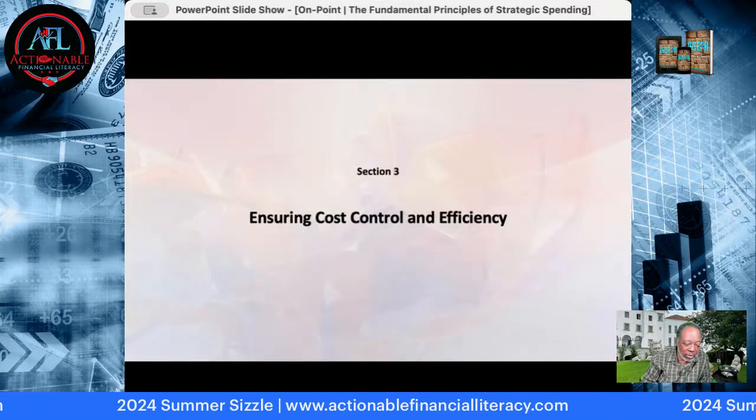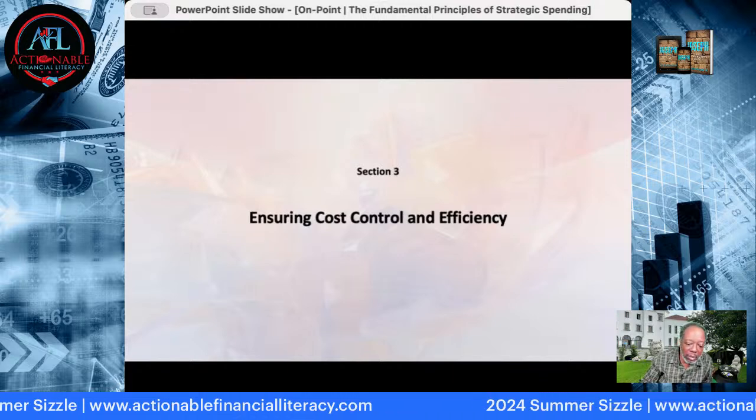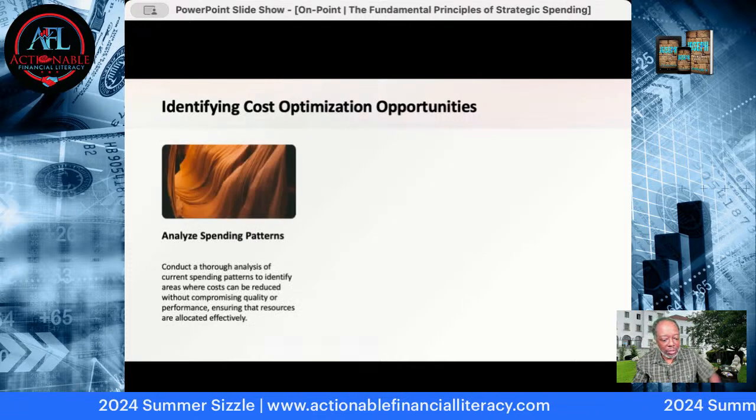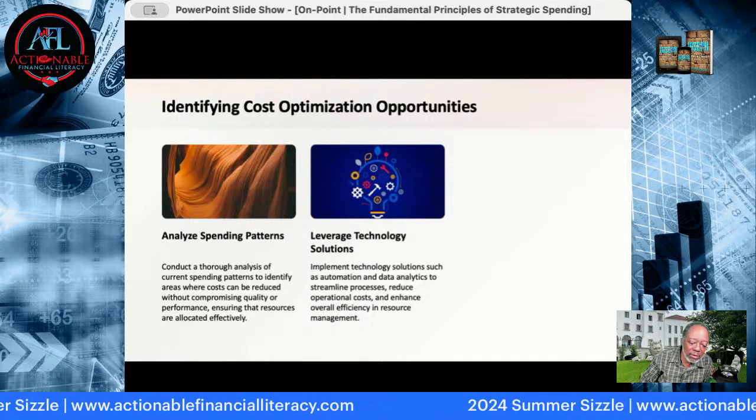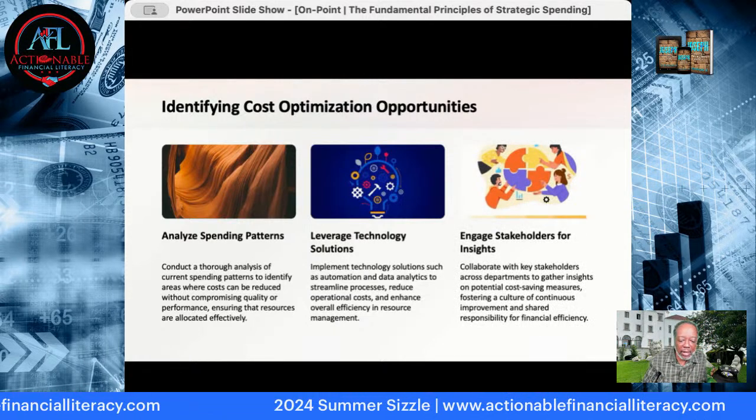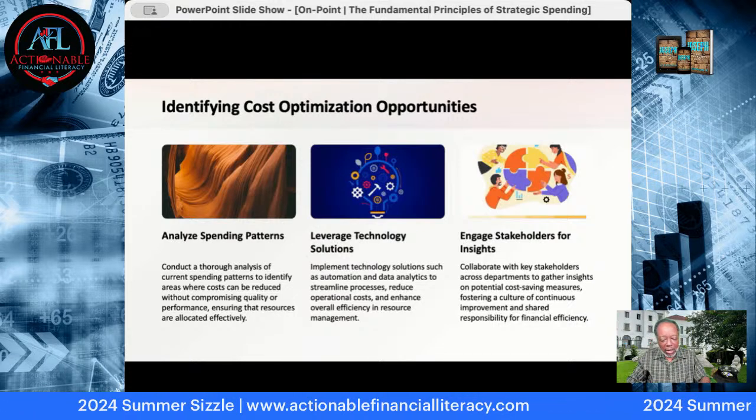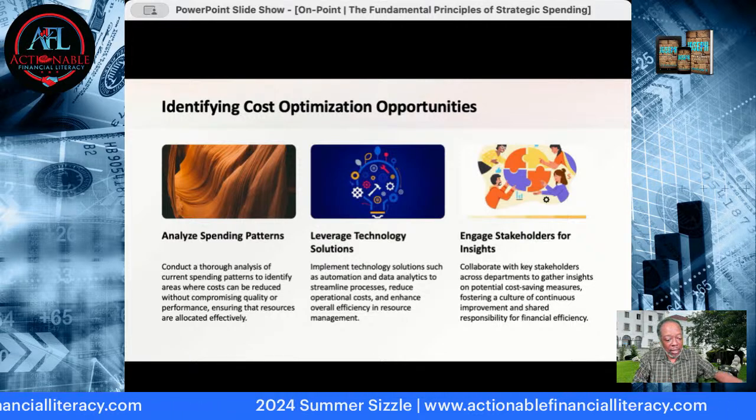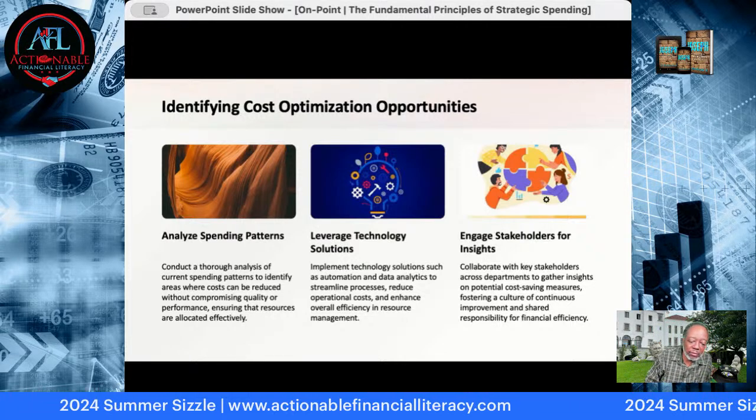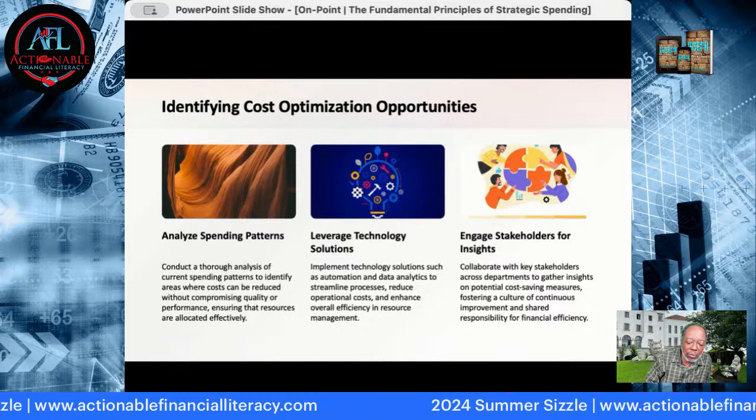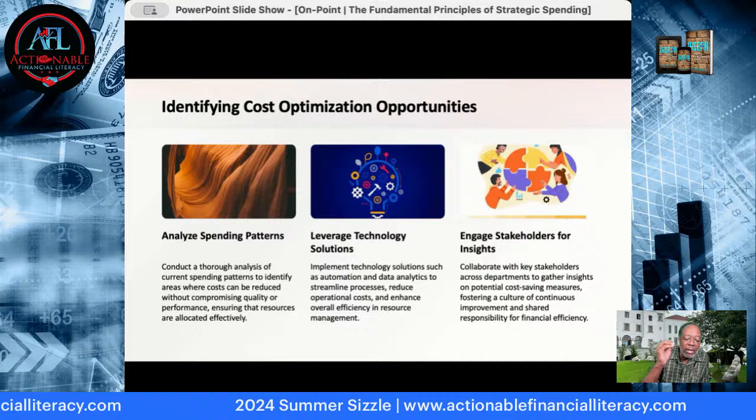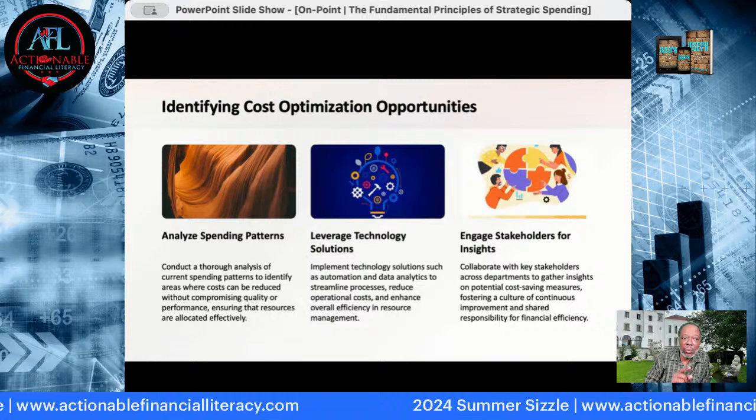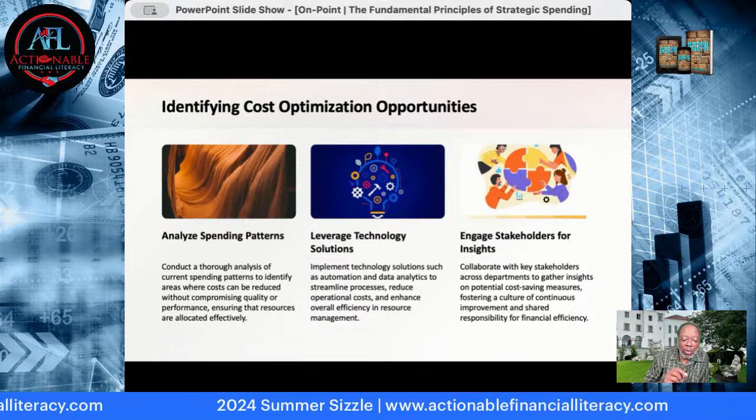The point three, earning cost control and efficiency. Identify cost optimizing opportunities. So here we're analyzing your spending patterns, leveraging technology solutions, and also engaging stakeholders' insights. You want to look at analyzing that spending pattern: how often you're going to spend those funds, when you're going to spend those funds, what costs you're going to use to